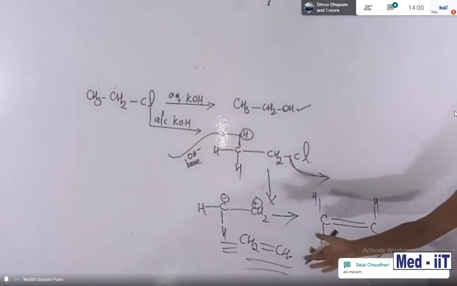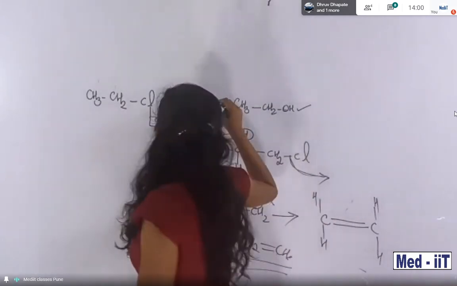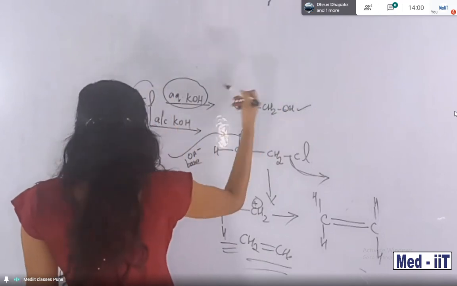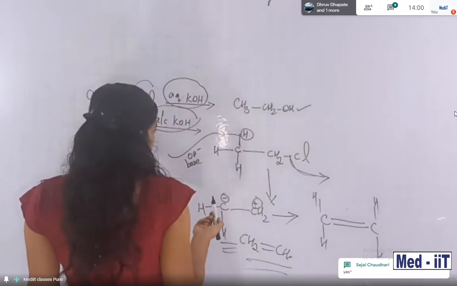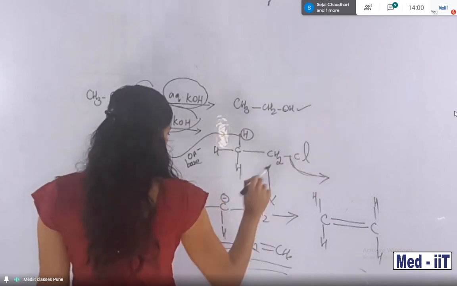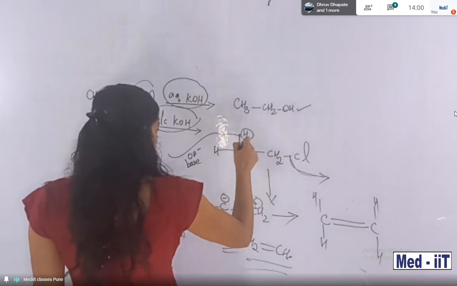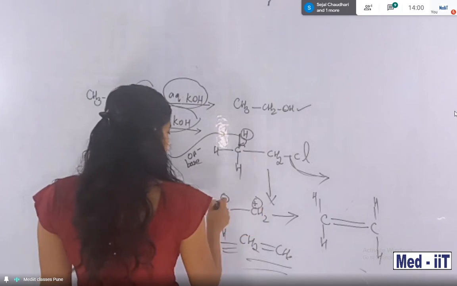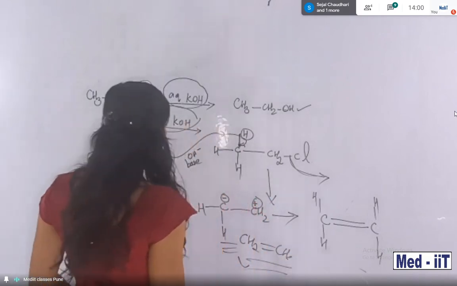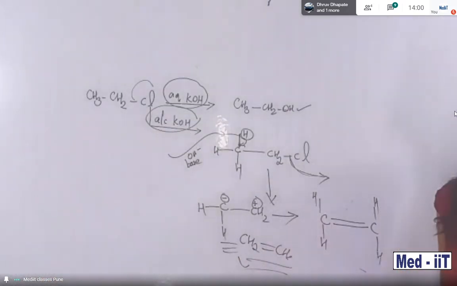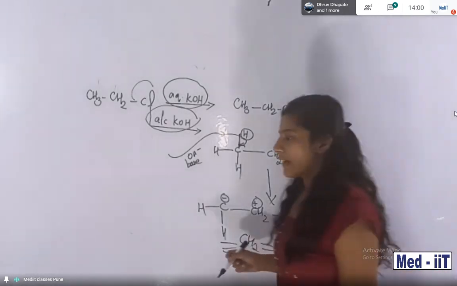Okay, Sejal, that much only. Look, very easy, no? Which reagent is chosen? With aqueous KOH, Cl is directly removed and then OH substitutes. But in the case of alcoholic KOH, students, what is the difference? With alcoholic KOH, the Cl is removed, at the same time a positive charge is created there and the proton is removed. So the negative bond shifts, and that bond and the positive charge combine to form a double bond. So this is an exact elimination. Alcoholic KOH gives CH2 double bond CH2. Okay, we can move to the next point.